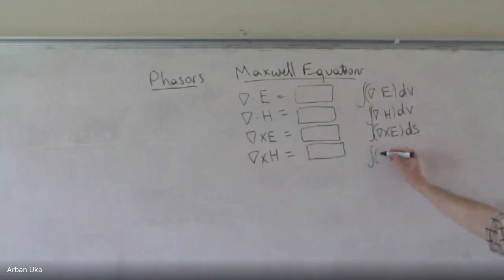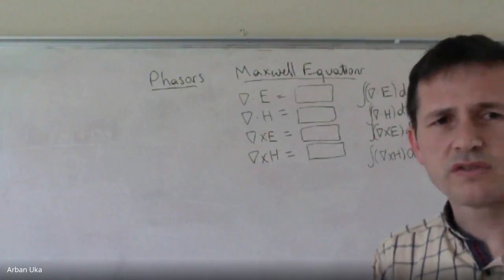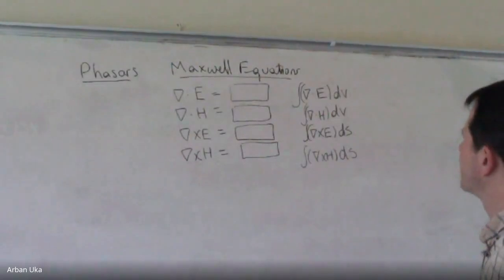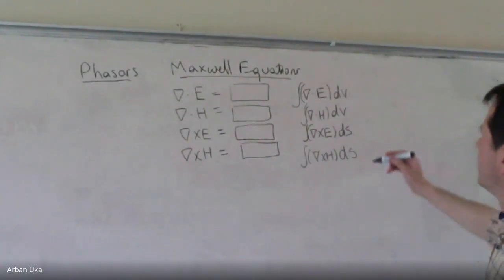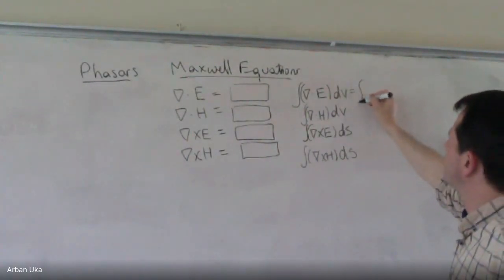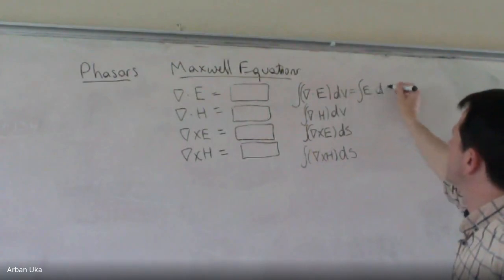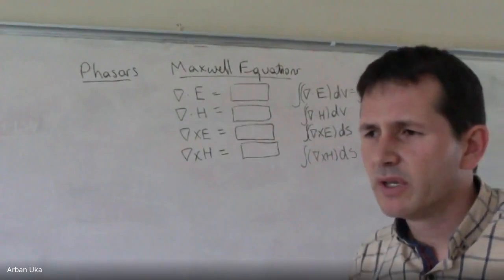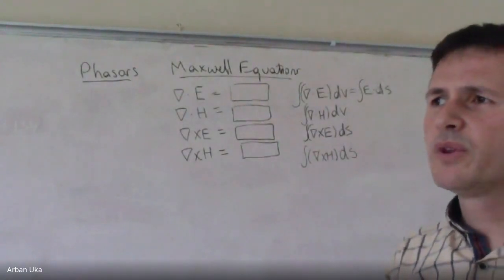And then we have the curl of H. And here again, we have a surface integral. Sorry, I said volume a while ago, so this was a surface integral. And then we know for sure that these are going to be equal to E dl. Because we know that the divergence theorem and the Stokes theorem, when we are integrating them, we can rewrite